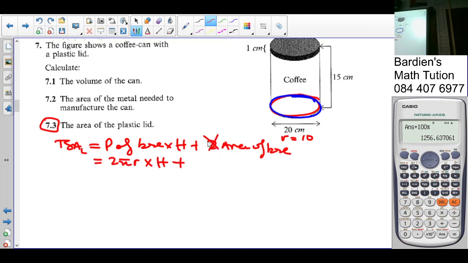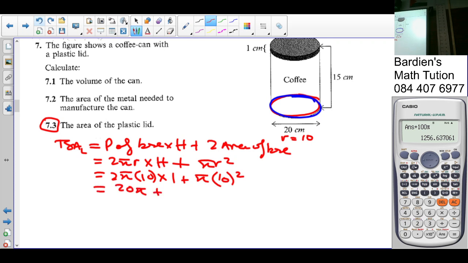Not so? Or it won't have a top. So it will be plus 1 area of base, which is, how do you calculate the area of a circle? Pi r squared. So it will be 2 pi, your radius is 10, your height is, what's the height of this piece of the lid? 1, plus pi, the radius is again 10 squared. So that's going to be 20 pi plus 100 pi, which is 120 pi,